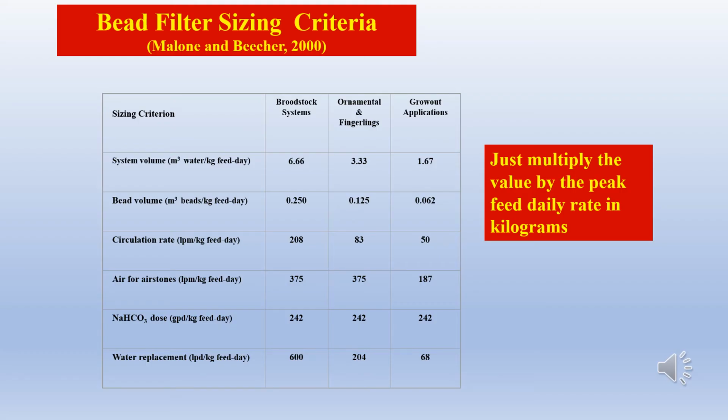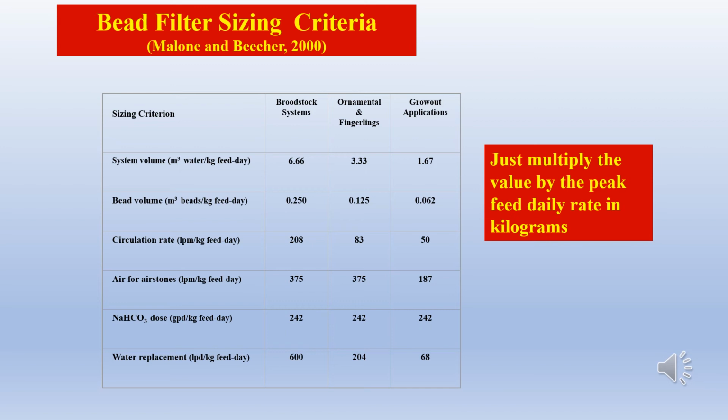This was a great slide to show a summary of how you might put together a chart that could help you know what you are capable of with bead filter sizing. Things like what the volume of the beads might be, the system volume that you're actually trying to handle, and the application where you're going to use it. Maybe you're interested in grow out, which could have a fairly high density, or maybe you're looking at a broodstock